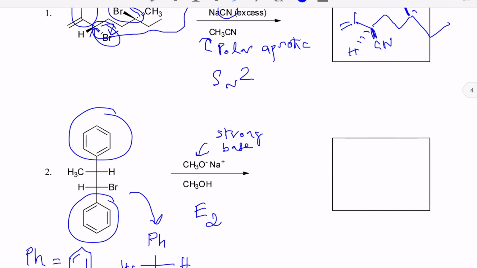Okay, this is a bromine group. So we have this simplified Fischer projection, and one way we can look at this molecule is